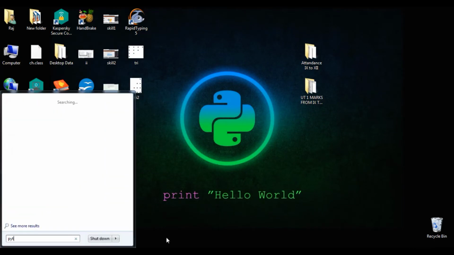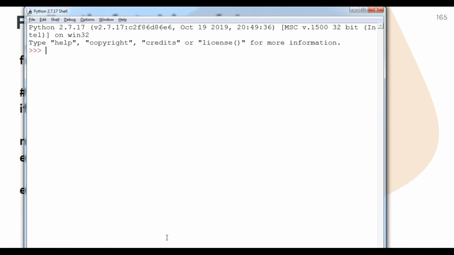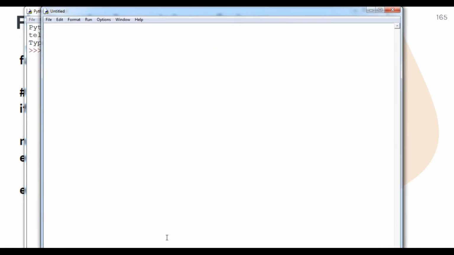Now we are going to understand this practically. First of all I will start Python IDLE. Inside IDLE I will create a program in script mode, a simple program for factorial number. Student, I am directly going to provide you the logic.